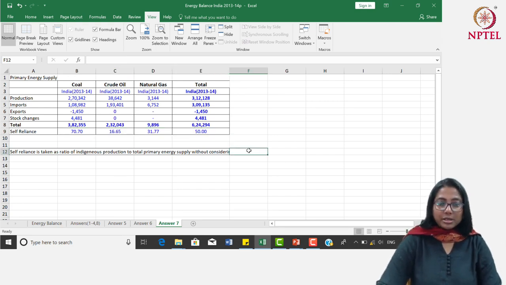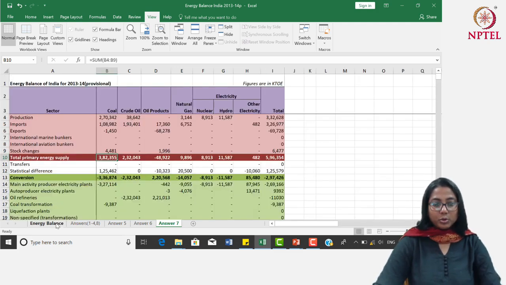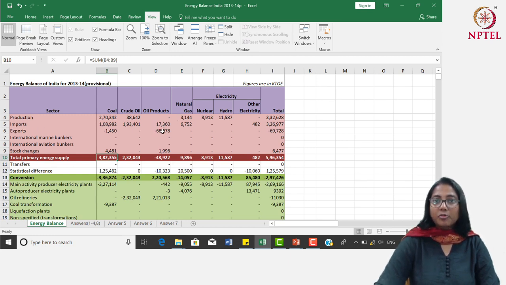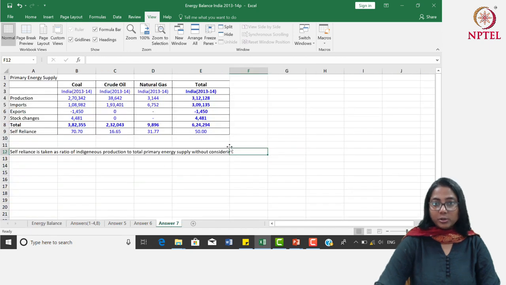We will go back to the previous question, because one point that we left there was why oil product was not included in the previous analysis. Here also, when we are talking about primary energy supply, we are not talking about oil product. Although if you look at the energy balance table, you see that there is some import and some export of oil product in India, and there is an entry here. This is an entry with a negative sign, which means India exports more oil product than it imports. But this oil product is not included here because it comes with a negative sign, which makes the whole thing cumbersome.